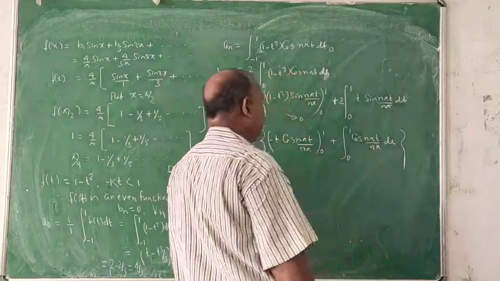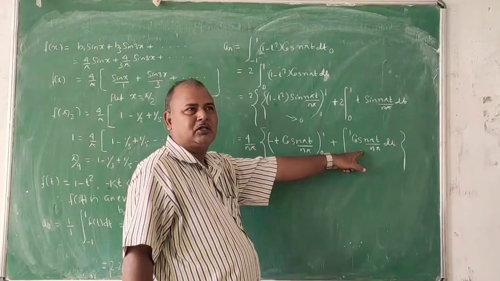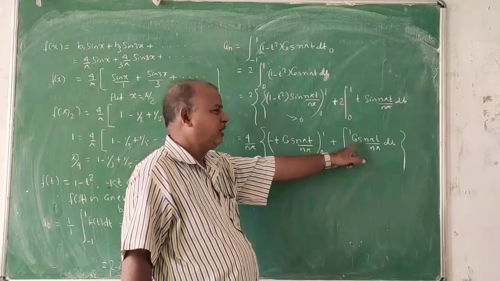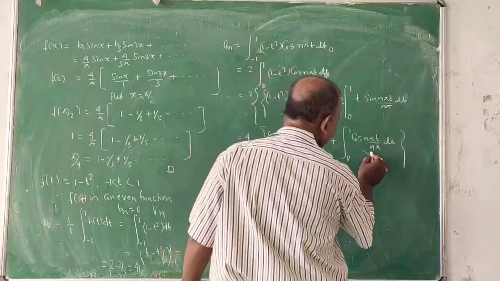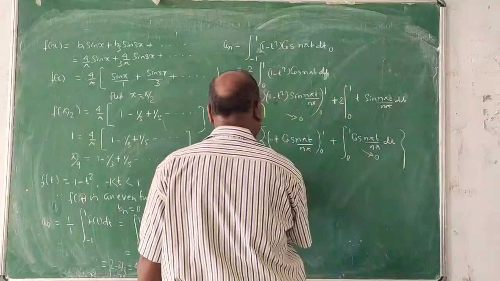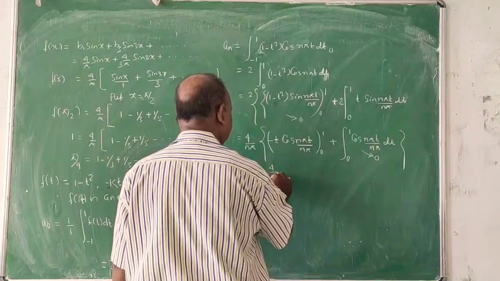Okay? Look at this part is 0 because the integration of cos is sine. So sine n pi is 0, sine 0 is 0. This part is 0. So you are getting minus of 4 by n pi